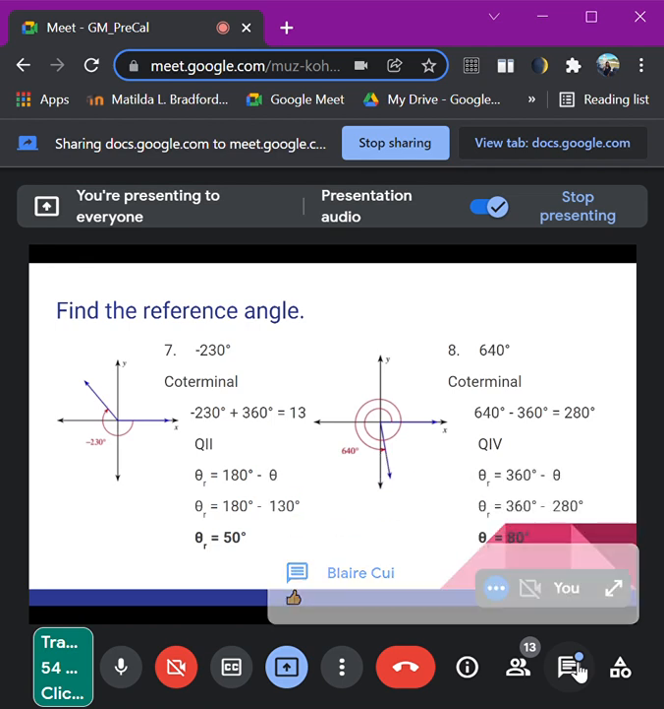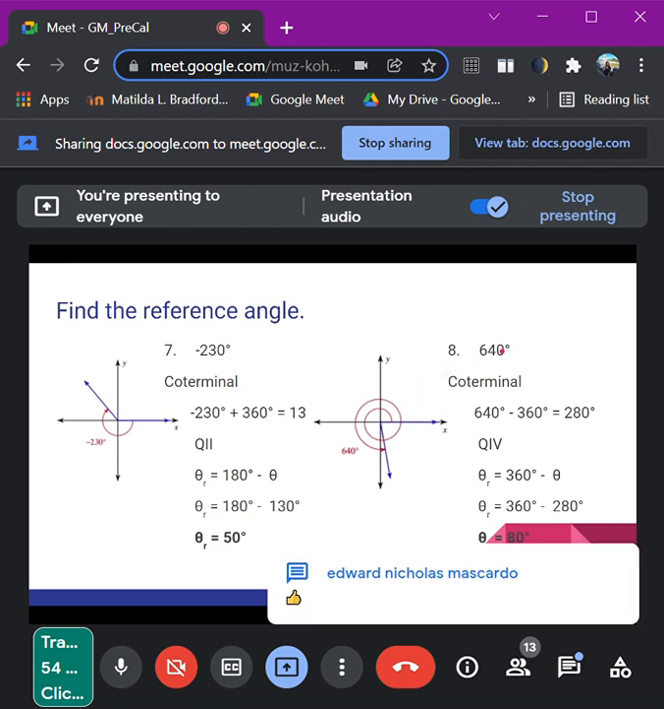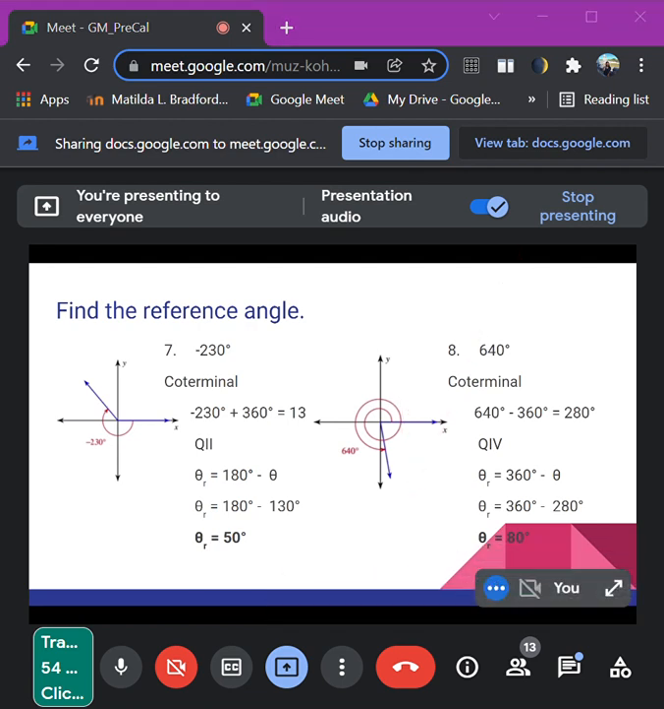So, very good. Now, that's it for our lesson today, class. So, we just only have like 2 lessons, reference angle and coterminal. Okay, and this is also one of your coverage for your final exam. So, for finals class, our